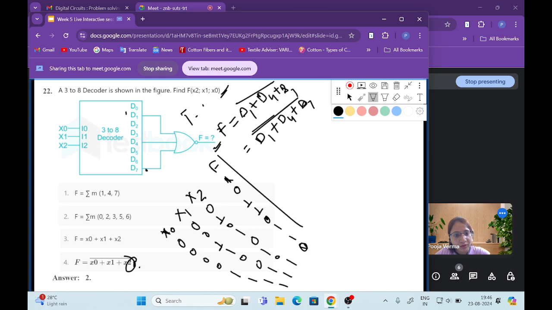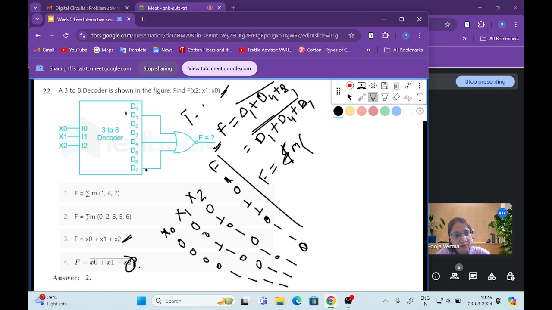Now we have to check for the minterms. So minterms, we need to check where it is 1 because it is given in sum of product form. So where it is 1 we have to write that only, not in a product of sum form, right? If it is written in the capital M, then it can be correct. But here it is written in the minterms only. So summation